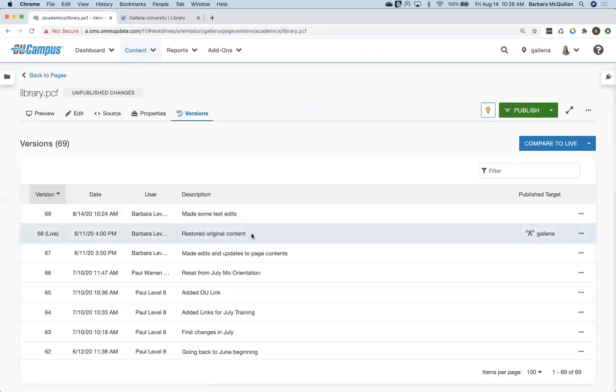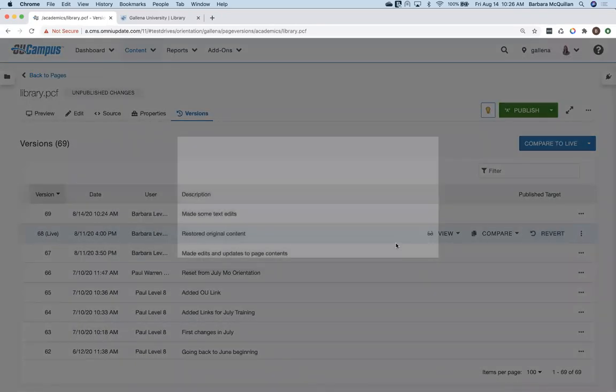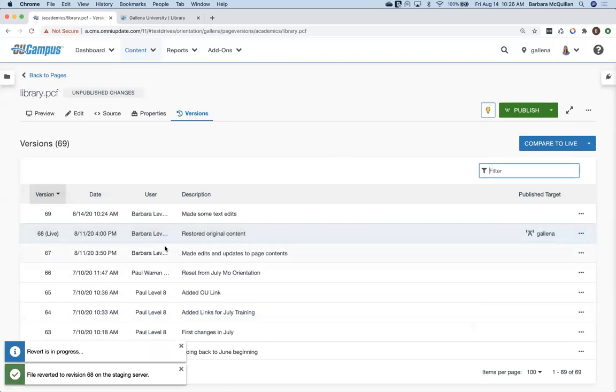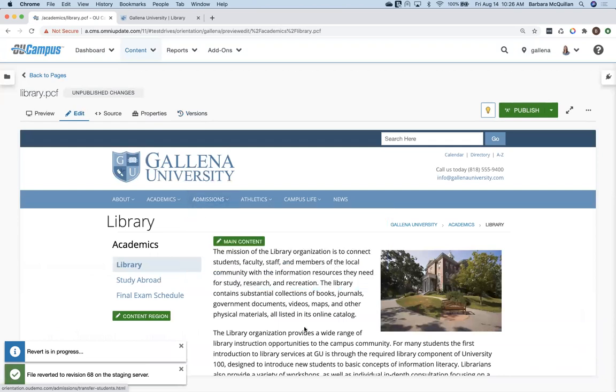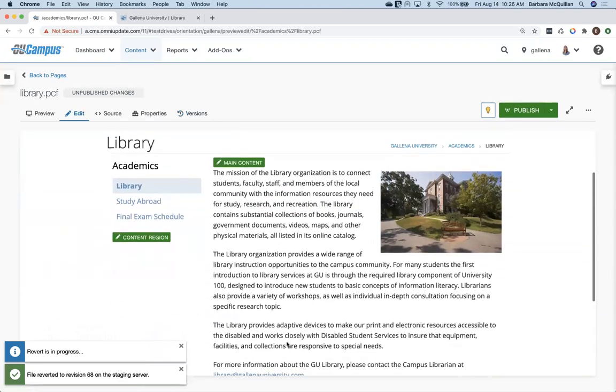So let's say looking at this page, I don't like anything that's in here. Let me roll back or revert to the way it looked on the live site. Clicking on the More Actions button, I just click revert and it'll roll back. I get my confirmation and my notification down here. So if I come back to edit, I can see all of those edits and adjustments that I made before